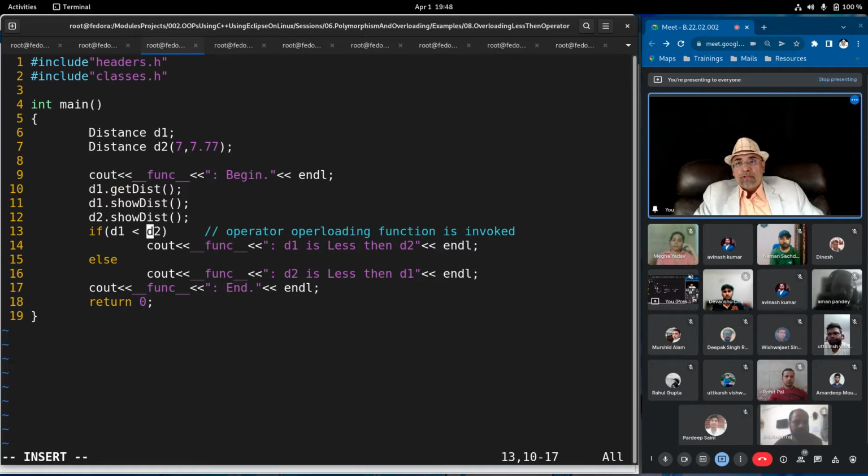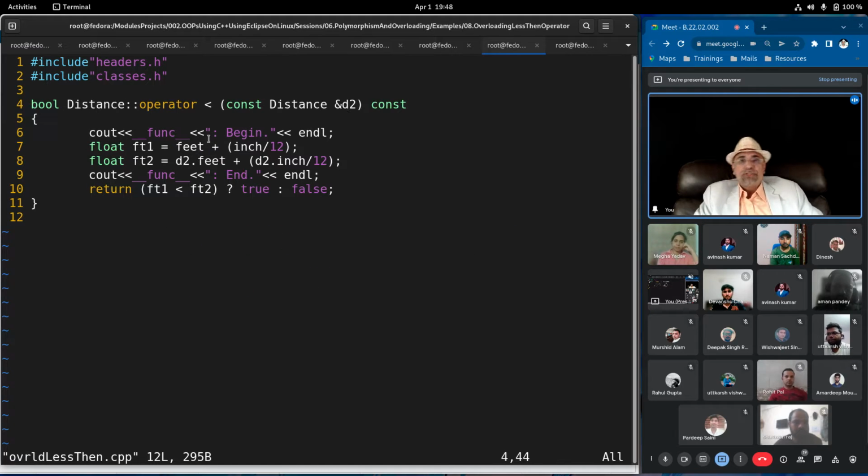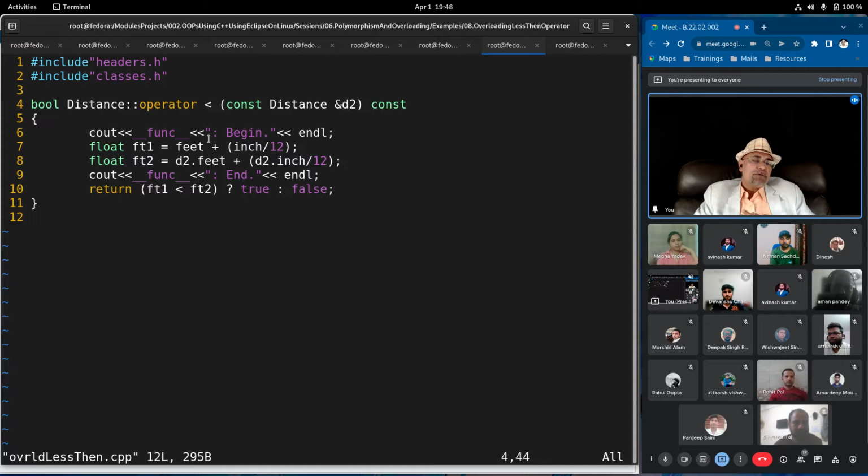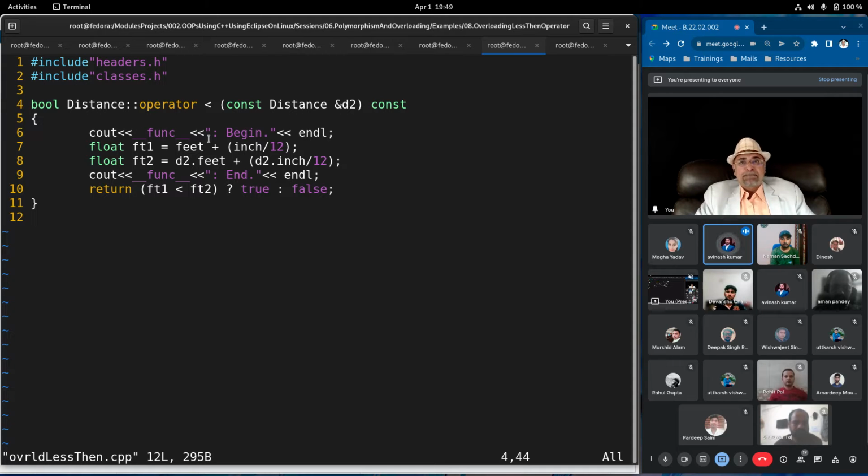D2. So sir, you are saying that this D2 is not a copy of this D2. Instead, we tried to pass D2, but the function didn't accept a copy of D2. It used address of, meaning it is referring to the original D2. Yes, Avinash? So it means it will pick up the data, not the address. Address of D2 means referring to the D2 object.